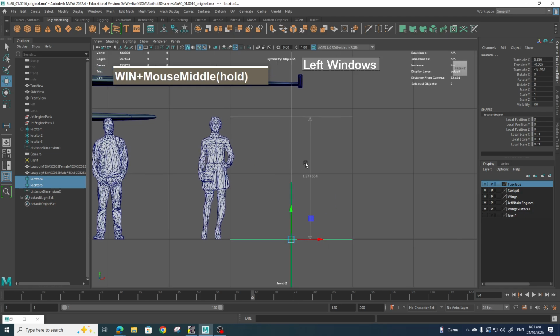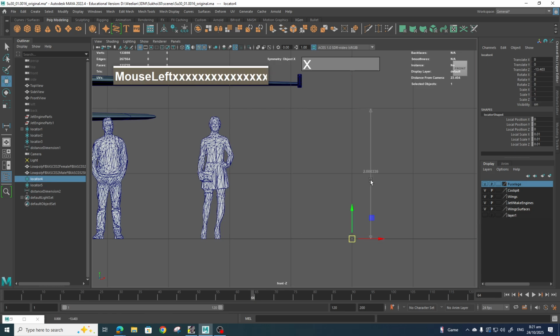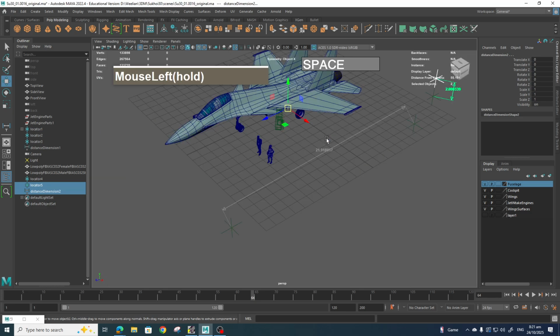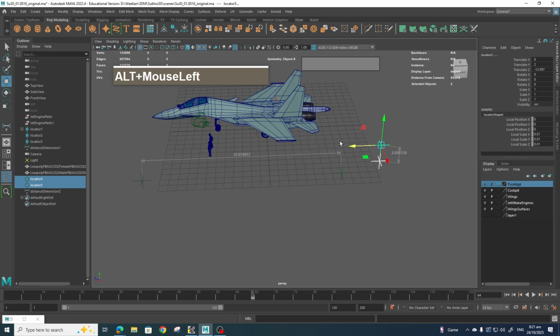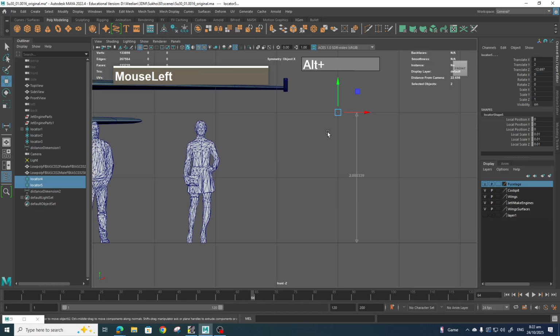First I need to lock them into the grid. So I'll select one of the locators here, hold down X, and lock it to here, then select the bottom locator, hold down X and lock it. And you can see it's measuring 2 meters. Right now it's locked to the front view again. Let me go to perspective view, select these two, and maybe push it forward. Make sure that it's behind. It's actually behind, so I don't know why I cannot see the locator. Maybe the locator is not visible, but I can adjust it now to